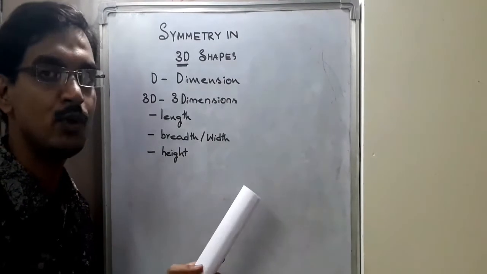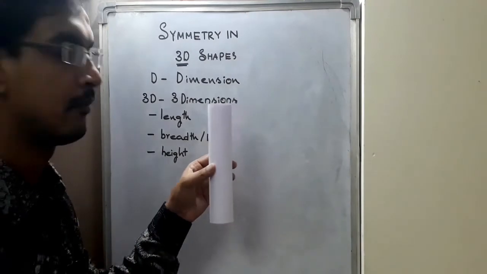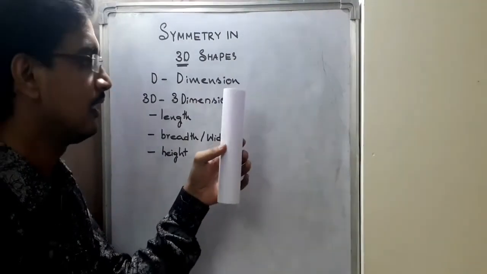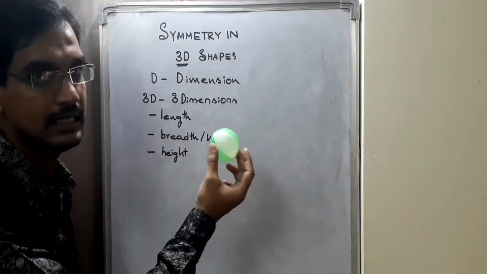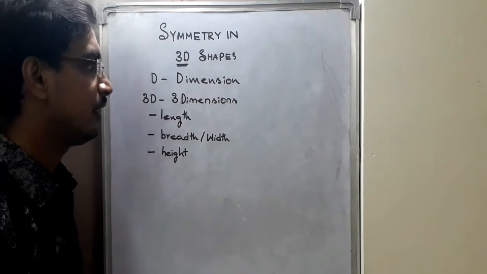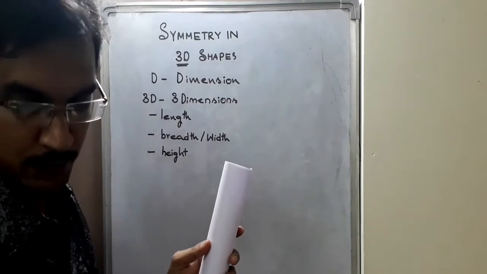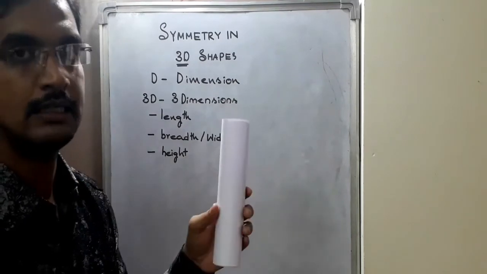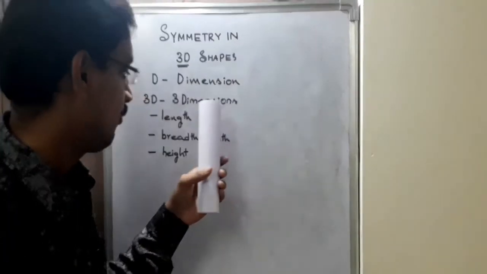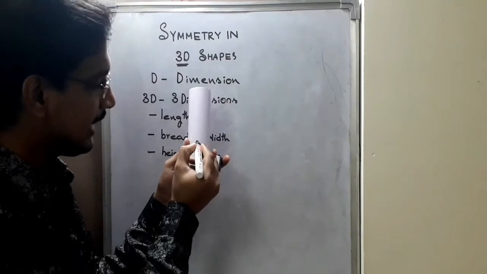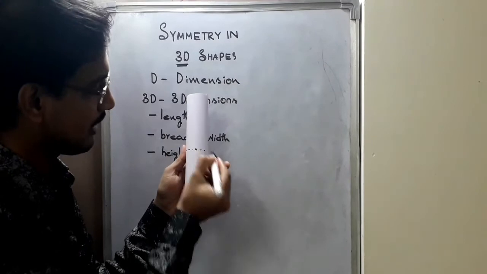So I want to give you an example of 3-dimensional figures. So this one is a cylinder, cylindrical shape, and this ball, even this one is also a 3-dimensional figure. Now I want to explain how the property of symmetry is going to work on 3-dimensional figures. So look,